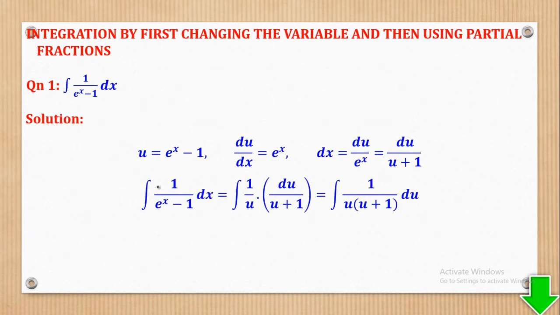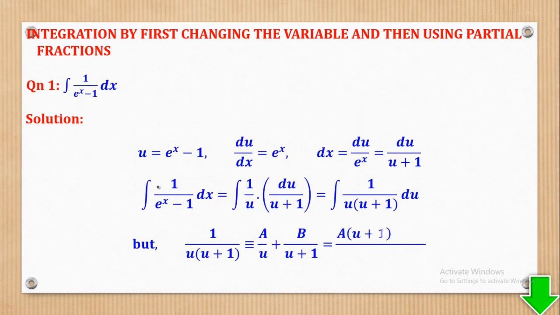Therefore, I substitute the whole of this with u, which is here. Then this dx was this, so I'll substitute it there. So in the end, I'll come up with 1 over u in brackets u plus 1 du. And this one, you realize that the denominator is factorizable, meaning that the next option is to use